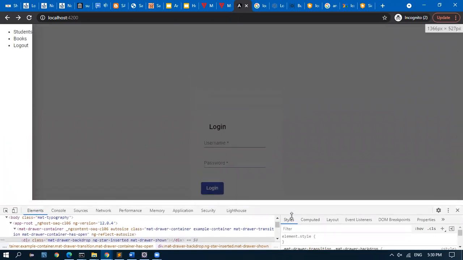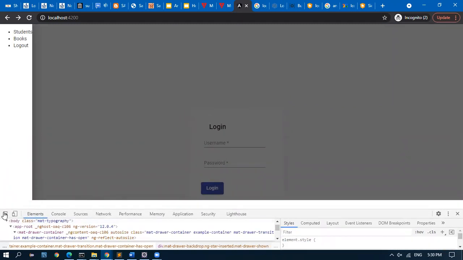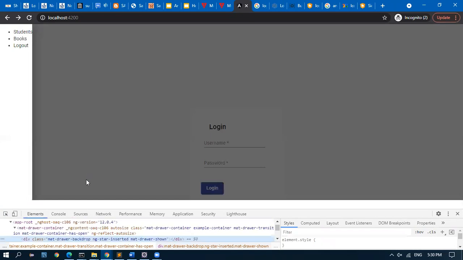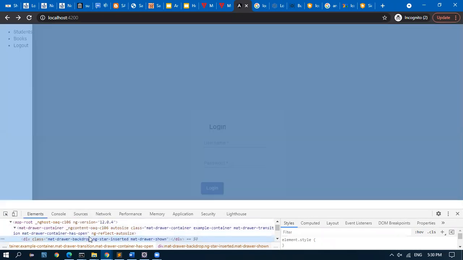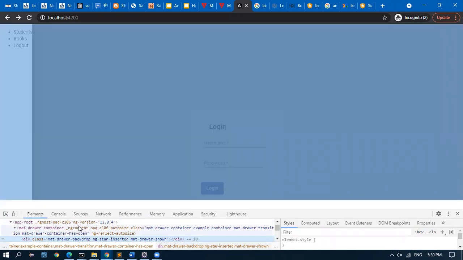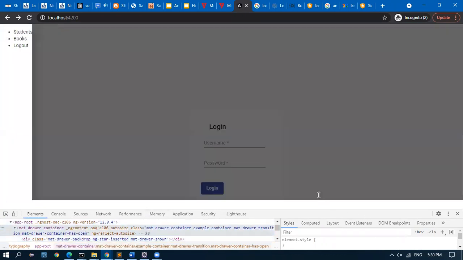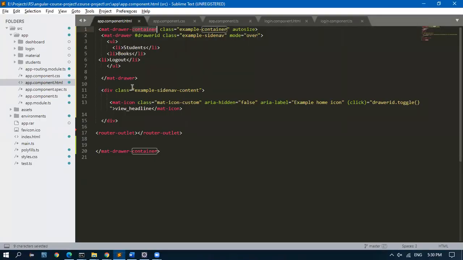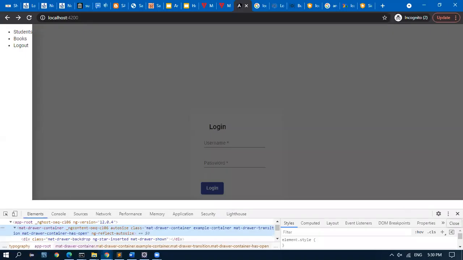Because the height of this page depends on this height. This mat drawer container is having an auto size. If I give height 100%, it should come, but I'll do that later.